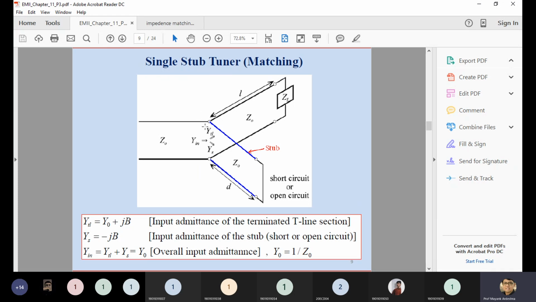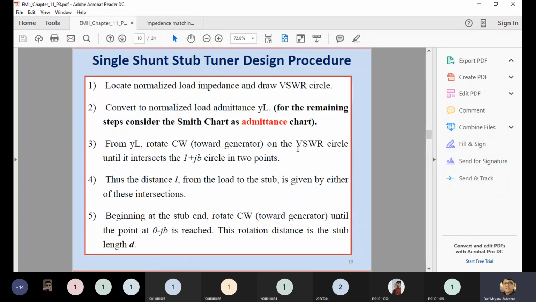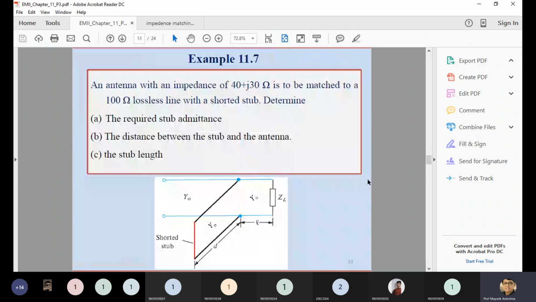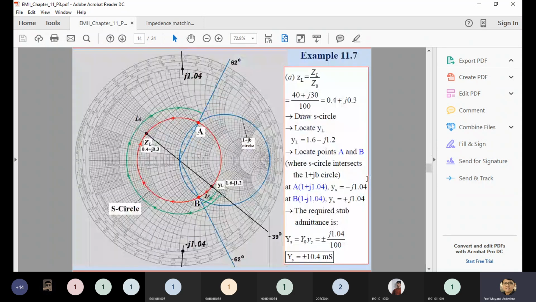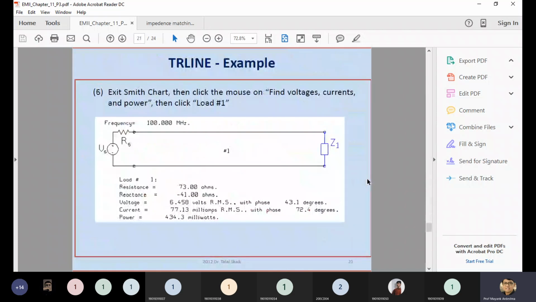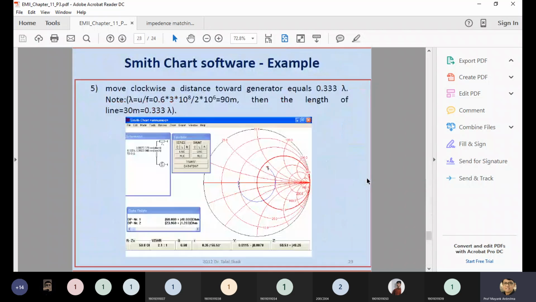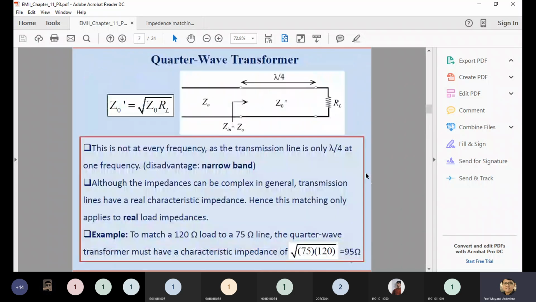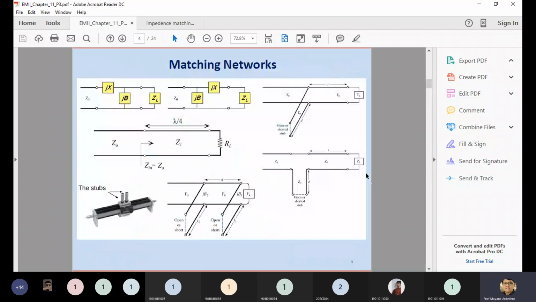So you can see easily there is also another wire we inserted, which is shorted as well as open. Using the Smith chart you can also find it out, but you only need to understand what is the single stub matching as well as the double stub matching. And for the double stub, you can see this is the single stub matching. Okay, double stub is not given over here, but you can see this is the example for the double stub matching.